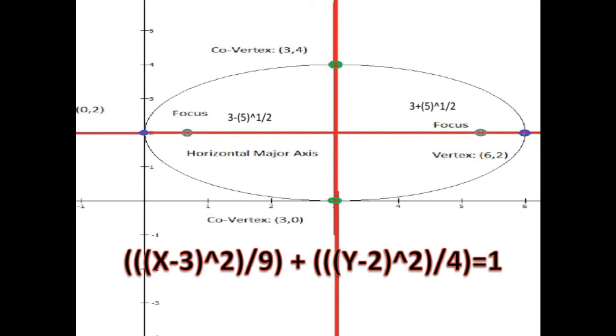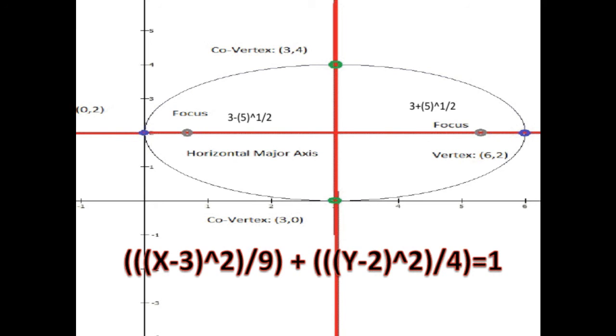This is the graph of the Roman Colosseum. First, identify the vertices, co-vertices, and the foci. Make note that a squared equals 9 and b squared equals 4, so a equals 3 and b equals 2. The denominator of the x squared term is greater than that of the y squared term, so the major axis is horizontal. You can find the vertices by taking the value of a, which would be positive or negative 3,